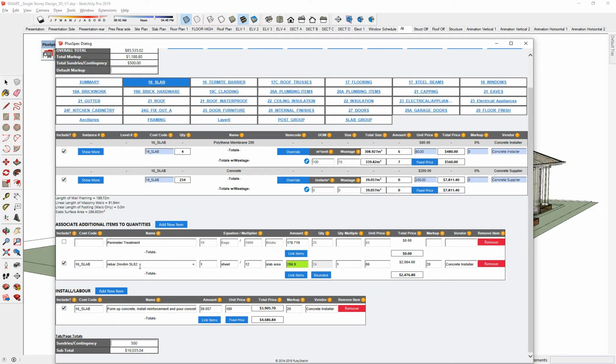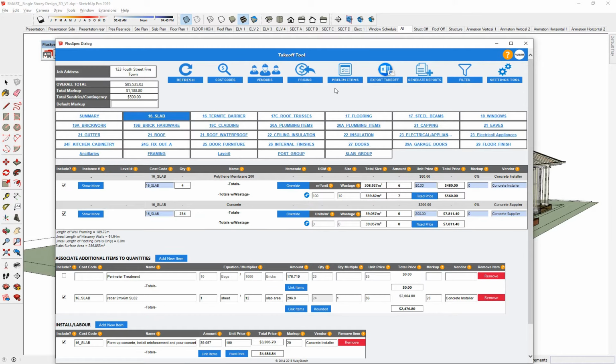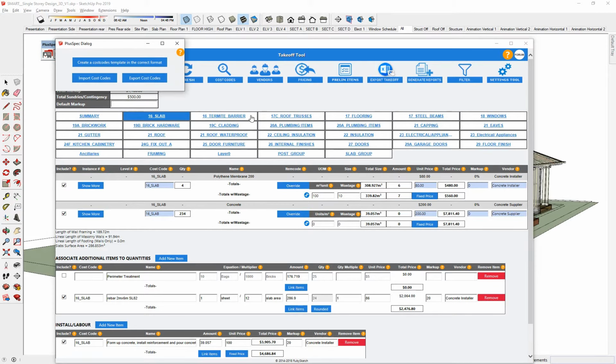So you notice that I had rebar in there before. So you can type in whatever you want to here, and you can use a cost code. So if you are building, you will probably be using cost codes with your point of sale software, whether it be QuickBooks, Xero, or whatever it is. And I suggest that you actually export your cost codes into PlusSpec by importing them. Up here, export or import, you can import, sorry, here, cost codes. Import cost codes, and basically what that means is that the information you're creating inside of PlusSpec will line up with your point of sale software, so that at the end of the year you don't have a shoebox full